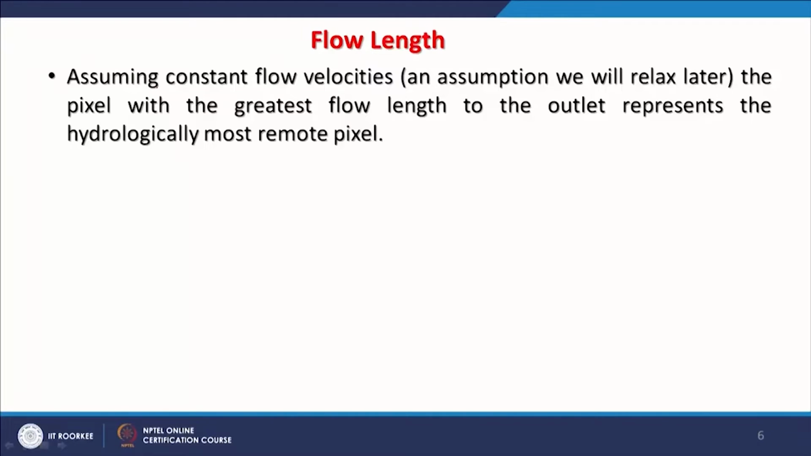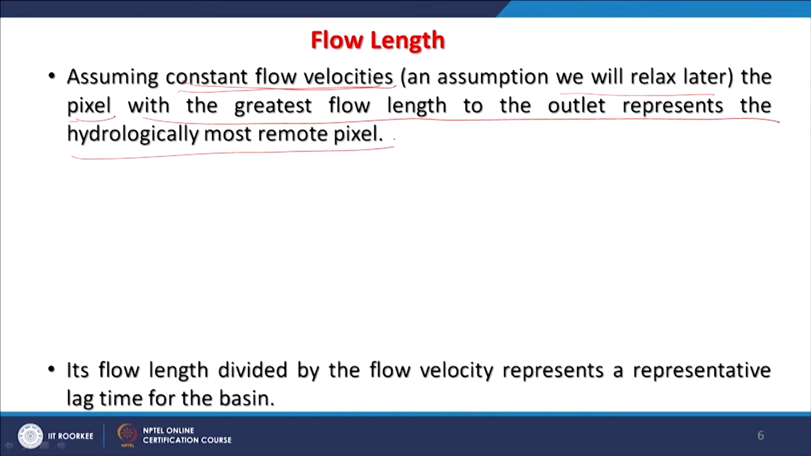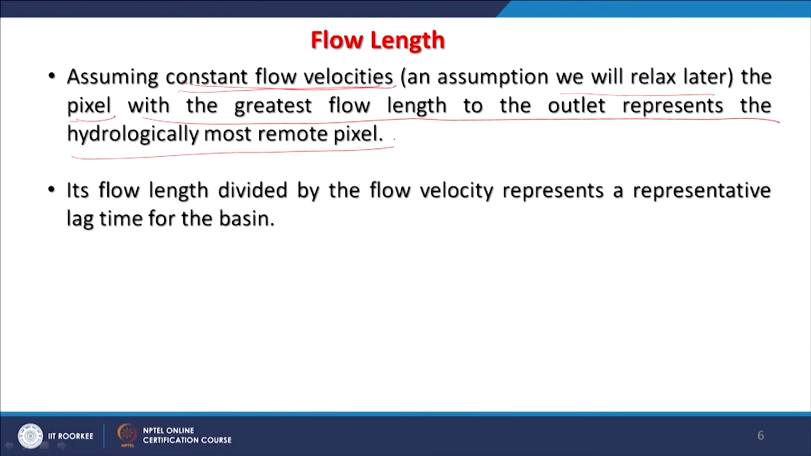So, if we assume constant flow velocity, generally in modelling some assumptions will always be there. Here, if we assume that the velocity through this travel path is constant, which maybe we will relax later, the pixel or the cell with the greatest flow length to the outlet represents the hydrologically most remote pixel or remote cell. Flow length divided by the flow velocity represents a representative lag time for the basin, and